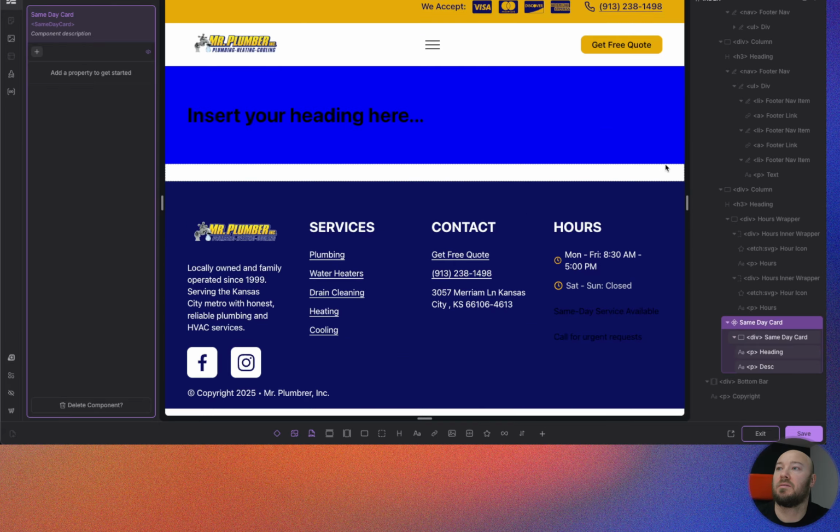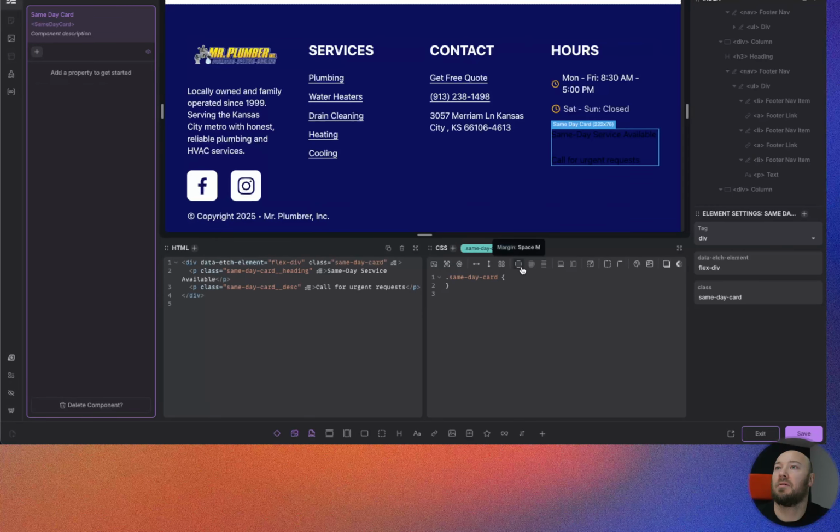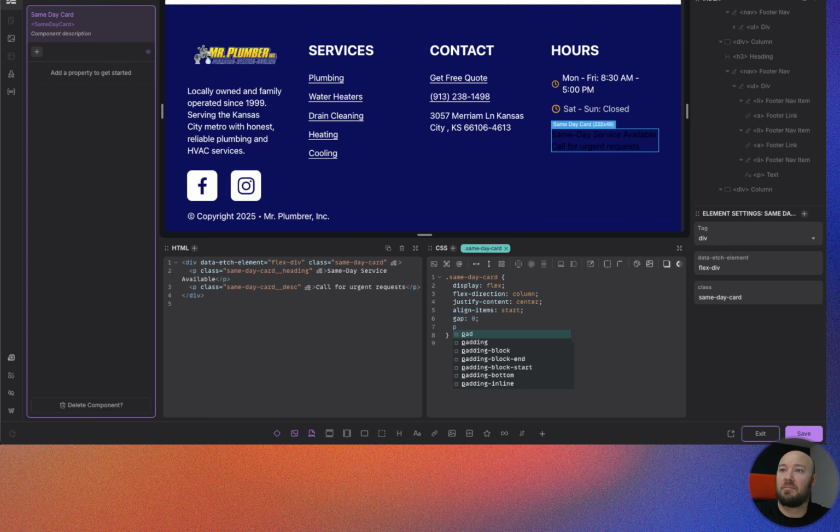Okay, so my card, I am going to flex column. We'll go center, left, gap. Want this to be pretty tight together, and I'm going to put padding of space